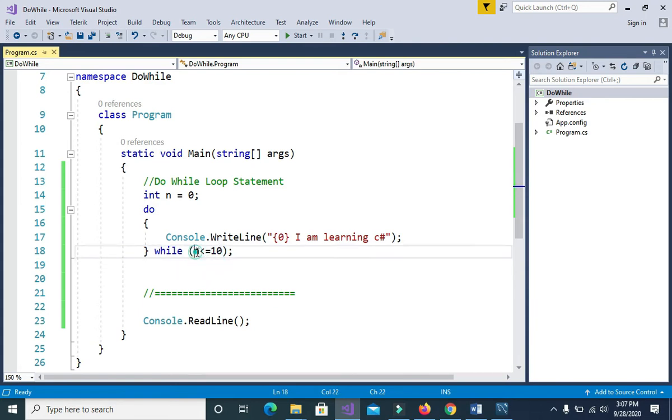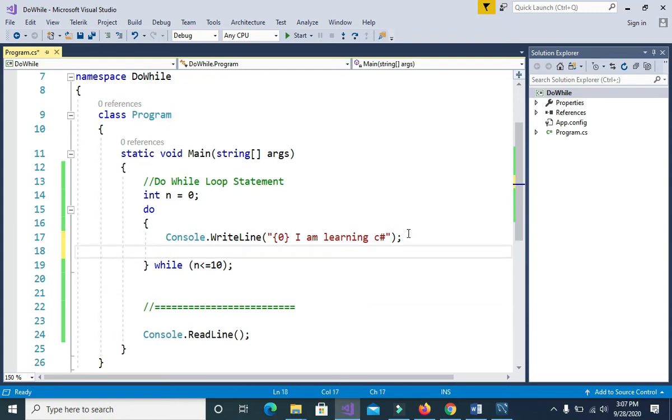So this will always be true at all times. 0 is always less than 10. If we keep on doing that, there's no way for us to stop this loop statement. So we need to add somewhere here that our n must be incremented by 1. Our n must increment at least by 1.